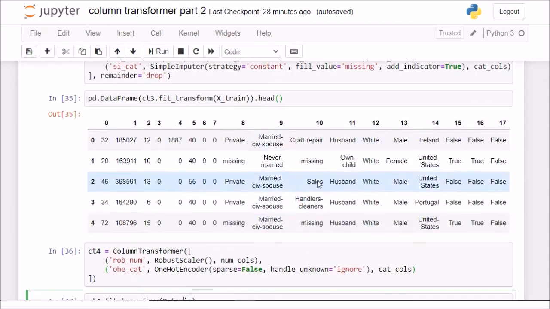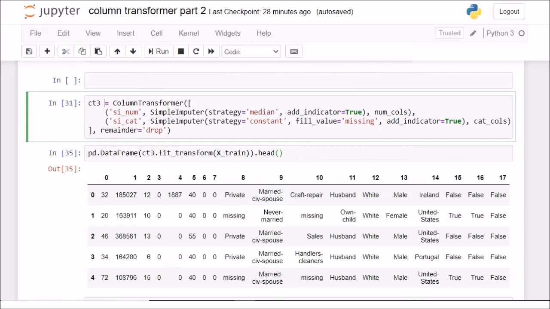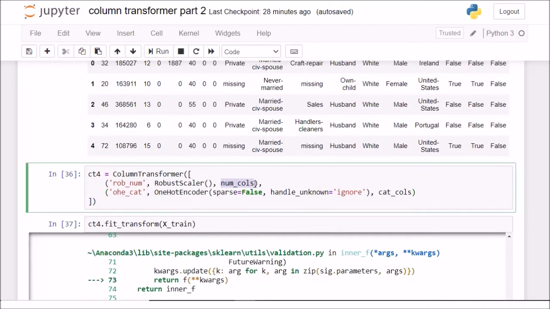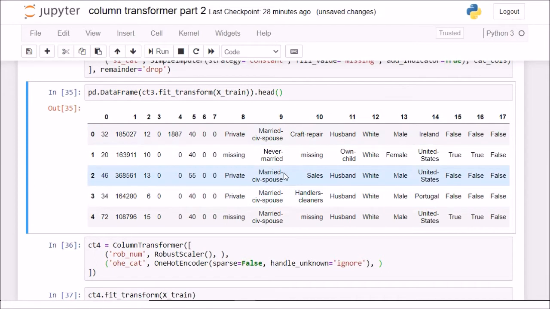My transformed X train doesn't have missing values after the transformation of CT3, but my X train does have missing values, and hence this approach is not going to work. So what I need to do here is use this transformed dataset as my input to my CT4 column transformer, right? Because this transformed output doesn't have missing values.